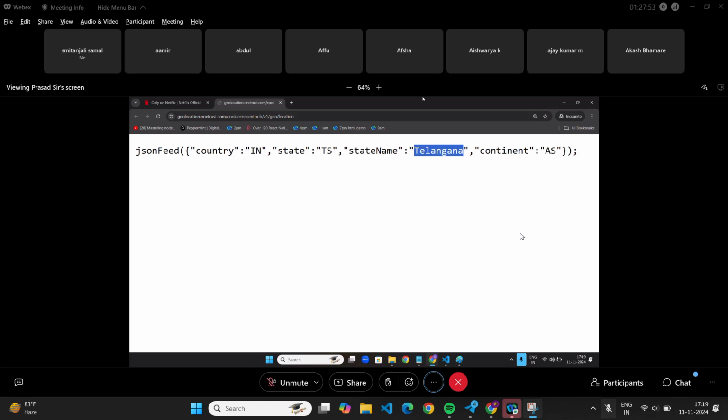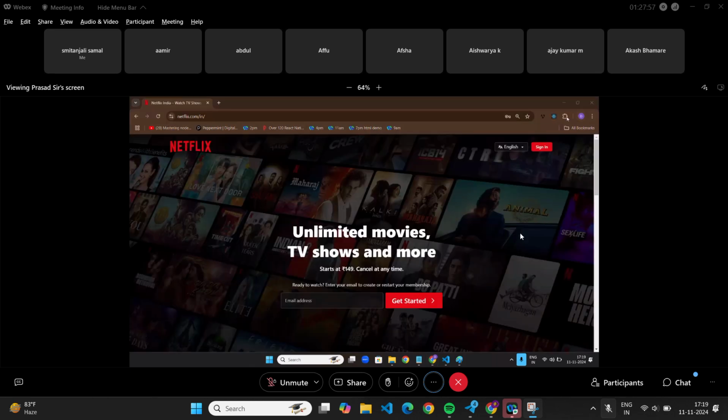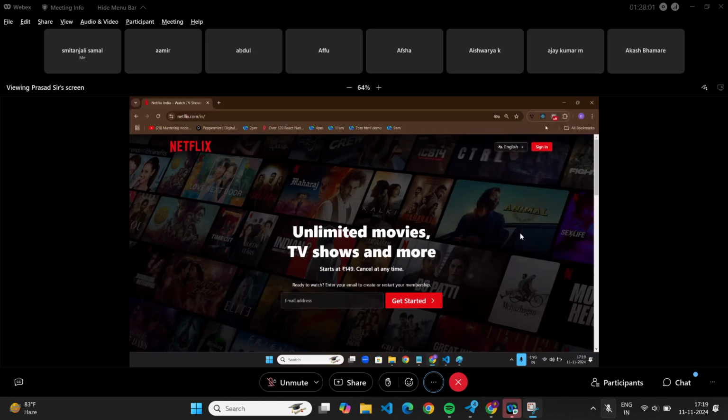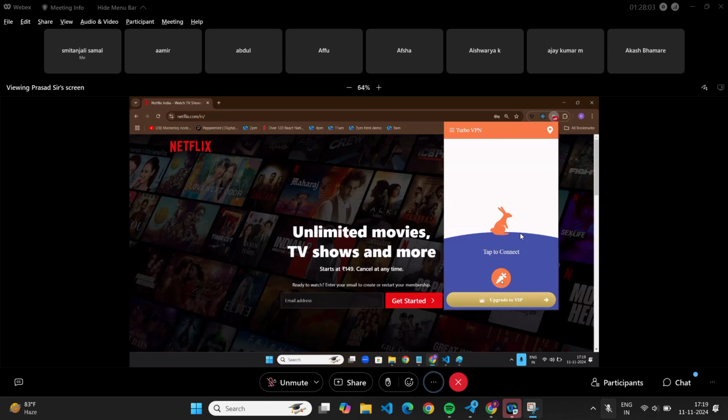If I open the same website in a different location, let me use the usual routine. Let me open VPN. Let's put some VPN. Why is it not connecting? Yes, it is connected.